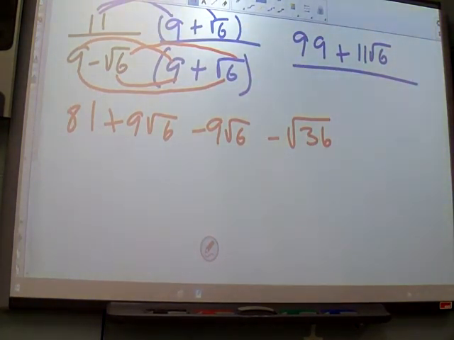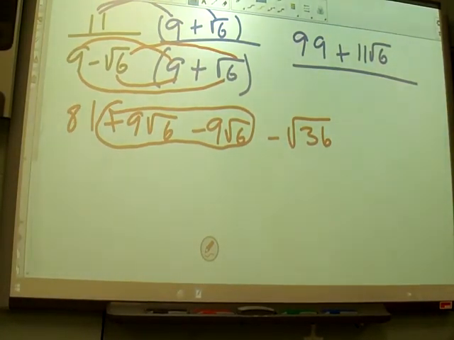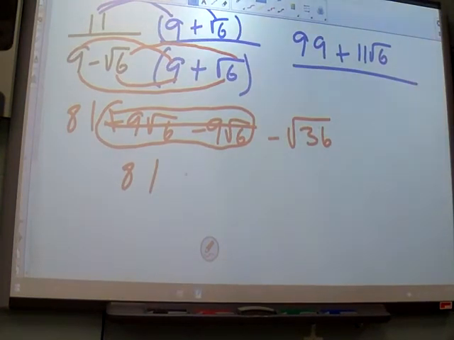Now, I told you the square roots were going to cancel out. Do you see that happening? Right here, you've got a positive 9 square root of 6 and a negative 9 square root of 6. He gone. On the back side, square root of 36 is 6. What's 81 minus 6? 75. So over here for my denominator on my final answer,